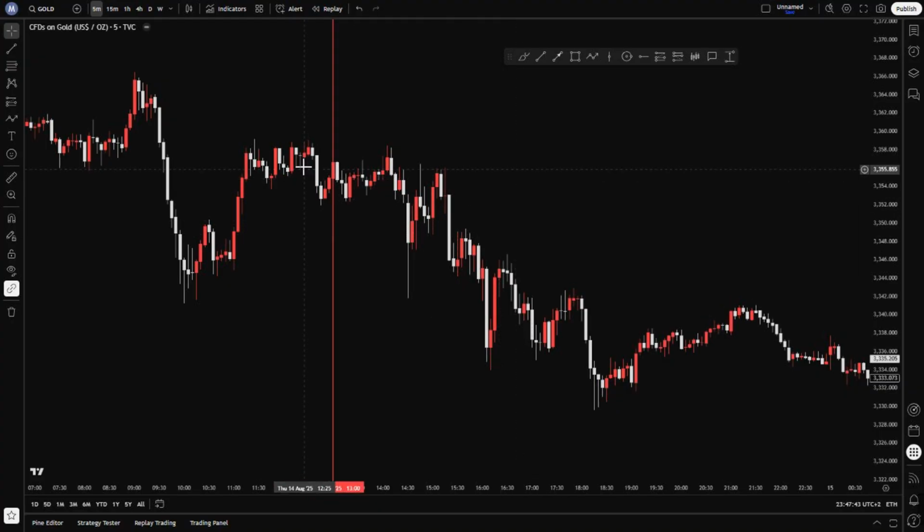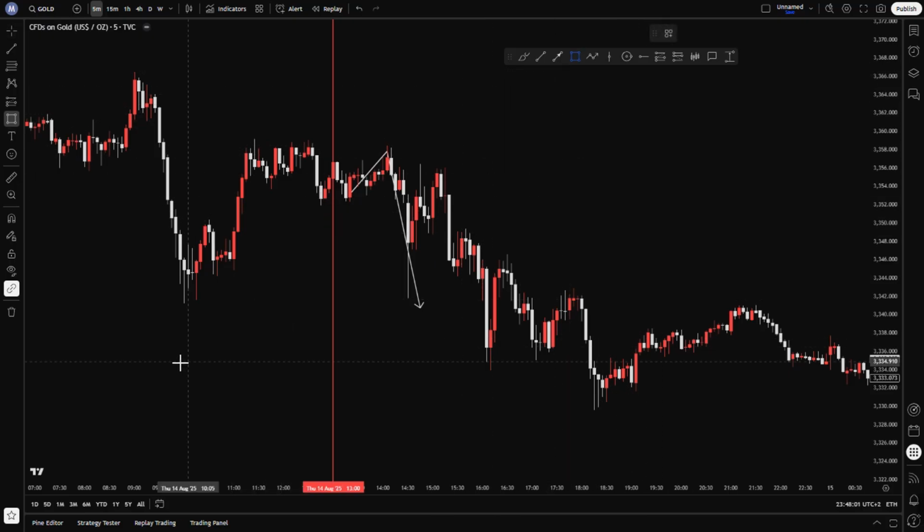So let's look at what happened here on Thursday. As always, the first thing to do is mark your 1 p.m. session line right here. This line is your reference point for the bias, so always make sure it's visible on your chart. Next, we watch how price moves after 1 p.m. In this case, price dropped to the downside,